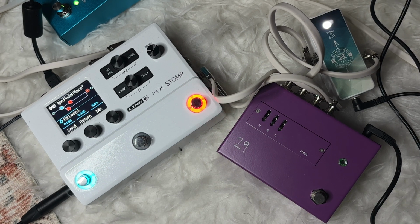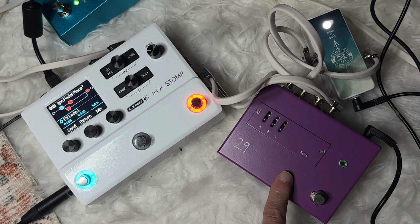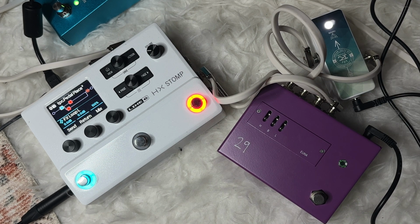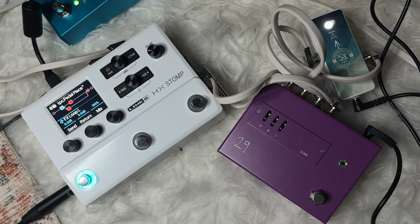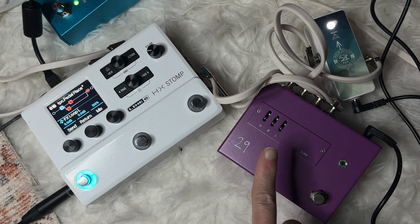Okay, so what's happening here? I've got these three lovely pedals in front of me, and well, there's more, but here's what we're doing. We've got a 29 Pedals EUNA, which is an elite Unity amplifier. We've got the Fox Pedals K buffer, and we've got the HX Stomp. So what I want to know is, can we hear a difference between the K buffer and the EUNA